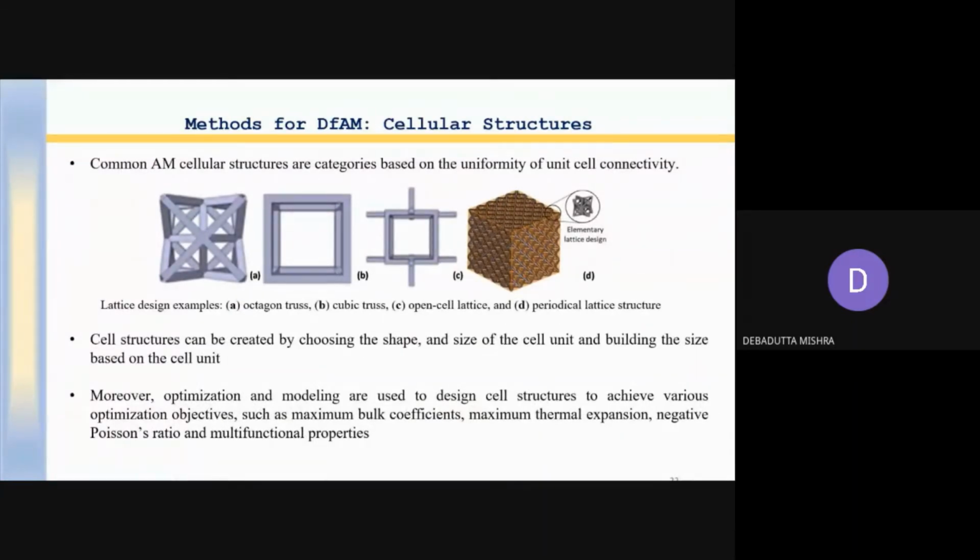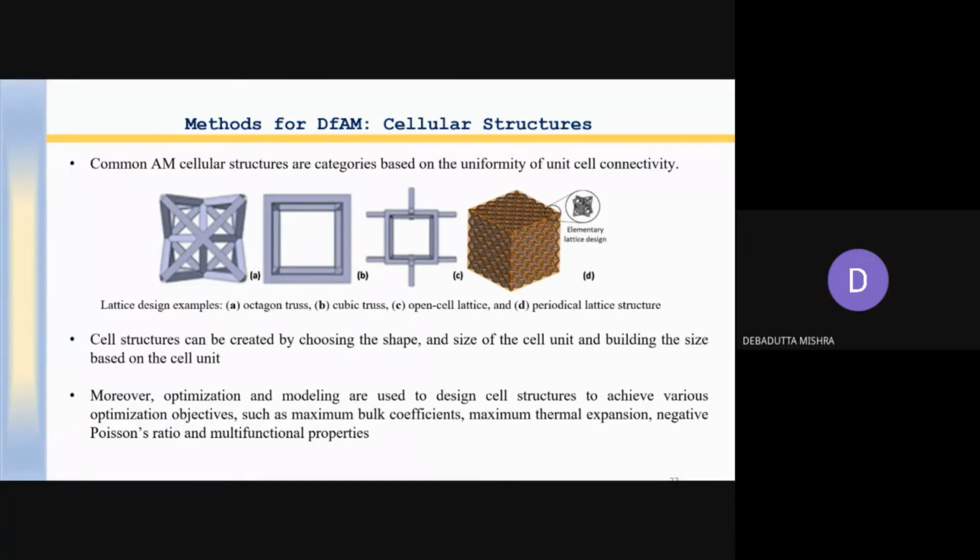Now, there are some more definitions. The common AM cellular structures are categorized based on the uniformity of cell connectivity. Here you can see the connectivity is octagonal. Then a cubic truss, open cell, and here you can see this is called the periodic lattice structure. Different structures are there.